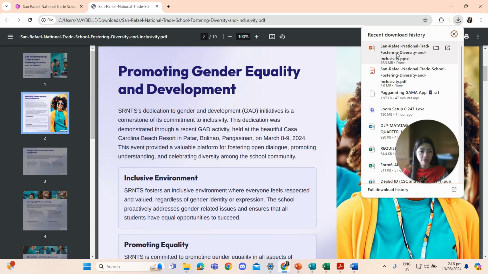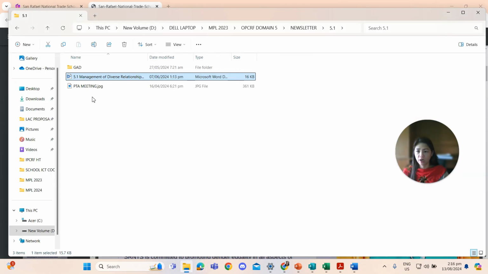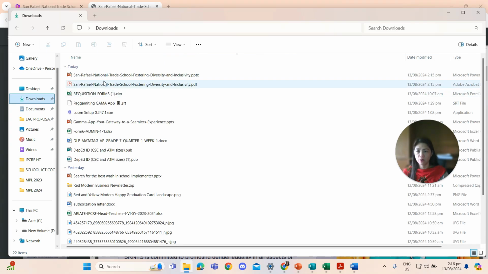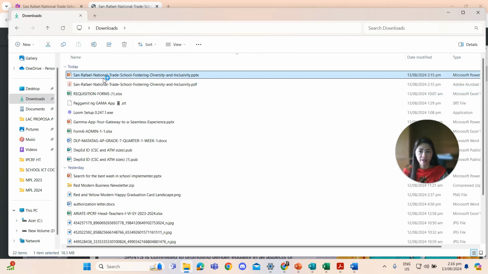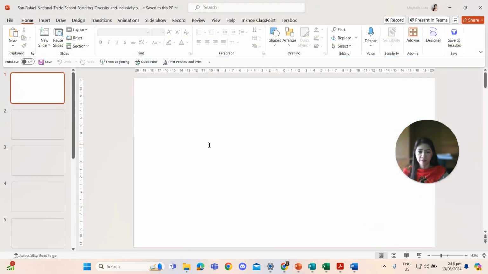Just click the PowerPoint presentation, or go to your downloads in File Explorer, then find your file here, then enable editing for us to edit the text that we have.